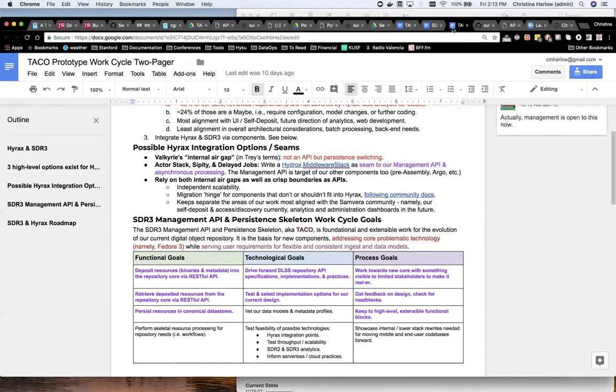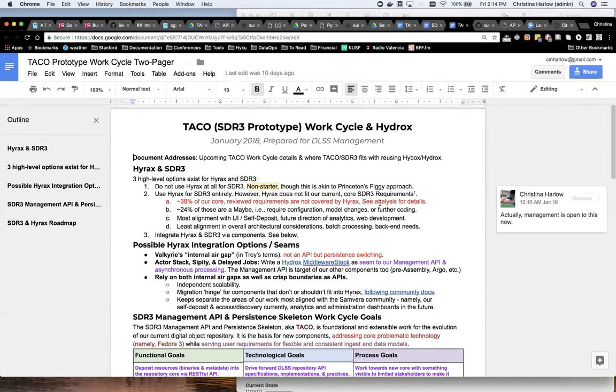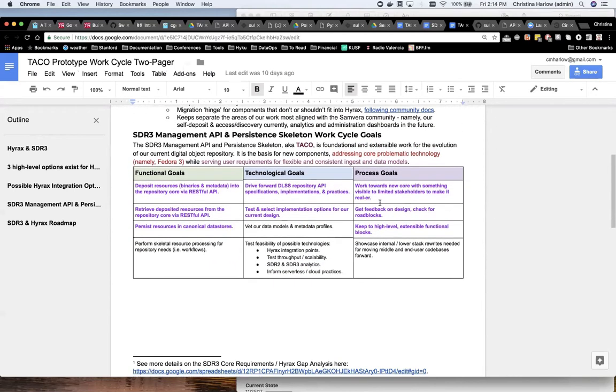The Taco prototype, we are thinking more about this being our SDR3 system, our future system management API and persistence skeleton. Again, it's replacing Fedora 3 and the code that we use to wrap it at a skeletal level. It's really wrapping an API that allows us to deposit resources, which would include binaries and metadata for our digital repository, into our system. This would be used then by clients on top of it that are ultimately user-facing, but we're talking relatively deep